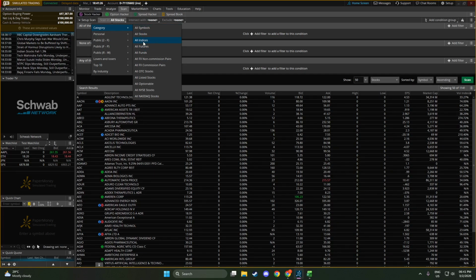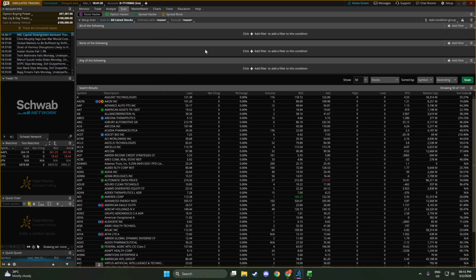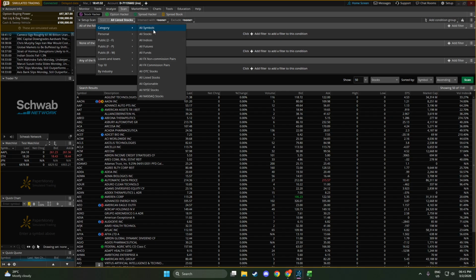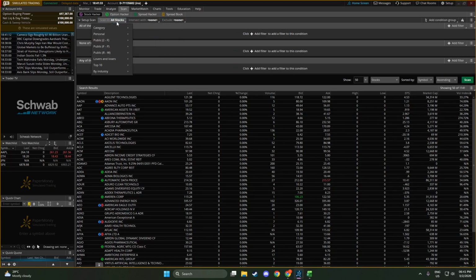Next, decide what universe you want to scan. At the top, find the drop-down labeled Scan In. Choose the scope that best fits your workflow. All Stocks scans the entire market and is great when you want broad discovery. If you prefer to stay within names you already follow, switch it to your personal watch list, so the scanner